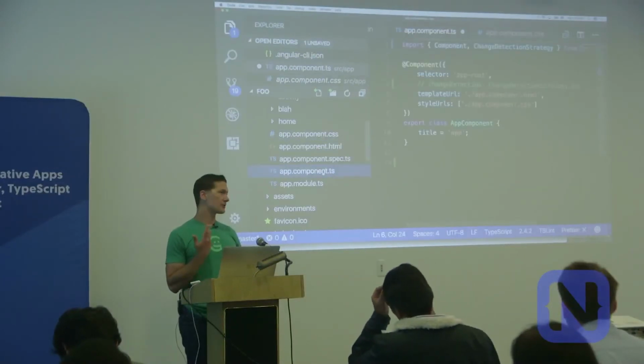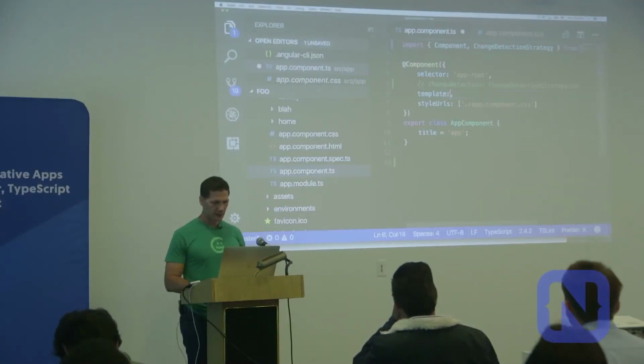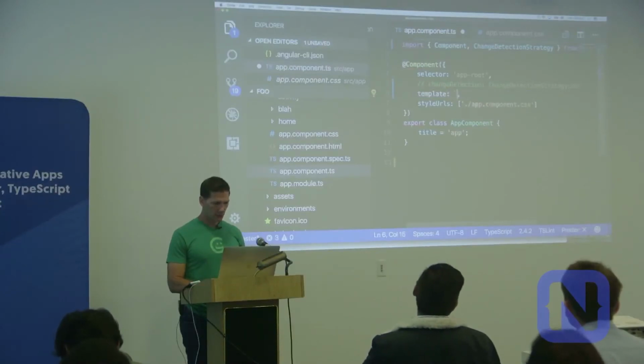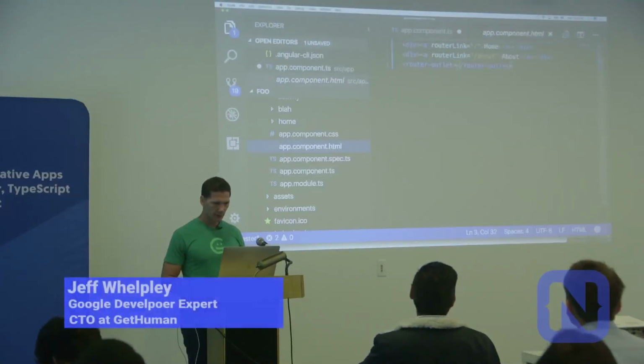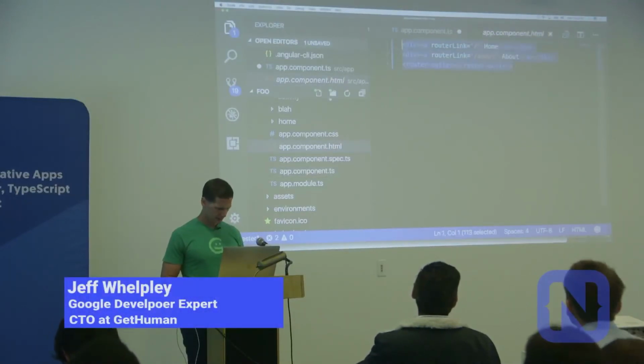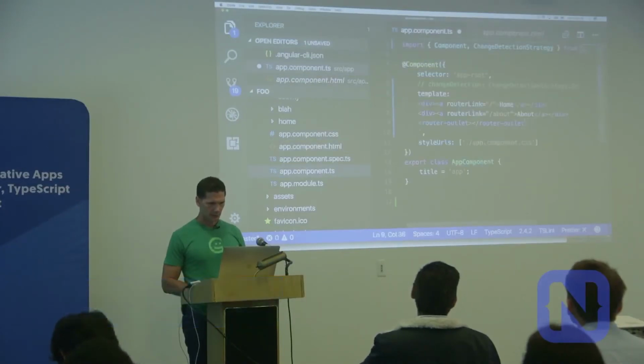But to be frank, it's my personal preference, I actually don't like the external files. So it's pretty easy to change that. It's just, instead of templateUrl, use template. And I could just bring in the HTML from here to the component. And that's it.